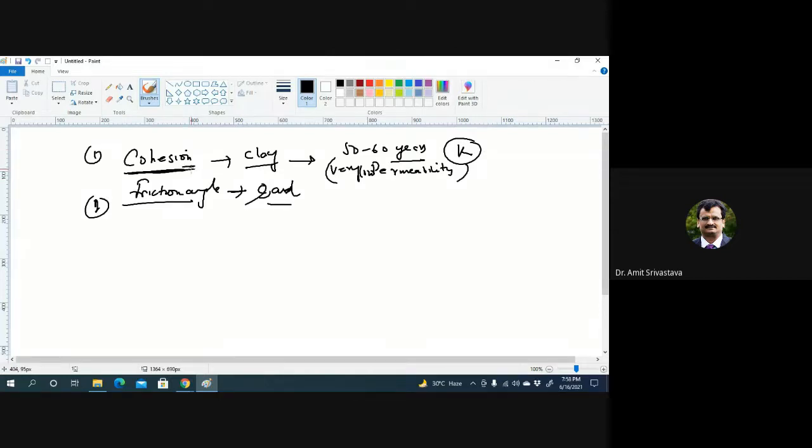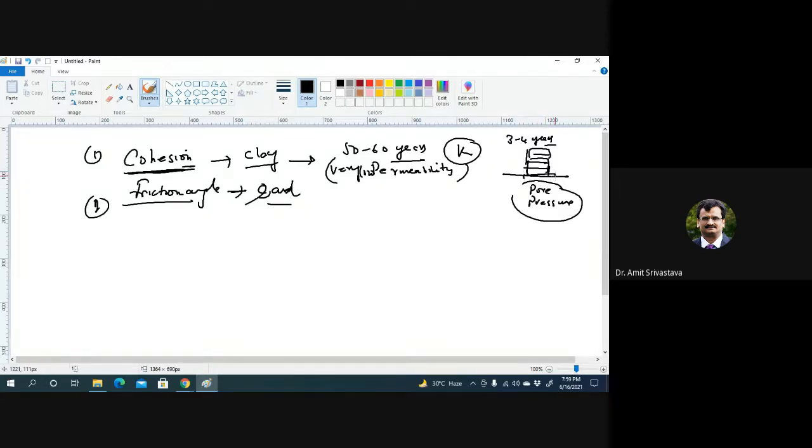And whenever you do the construction on a clay, the pore water pressure is developed in the foundation soil. Suppose you are constructing a multi-story building, so you are going to construct this building in 3 to 4 years. Nowadays the construction is so fast that in 2 to 3 years or 3 to 4 years you will be able to construct a 20 or 22 story building.